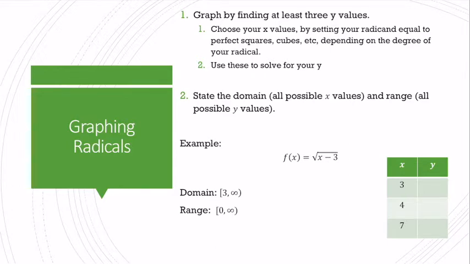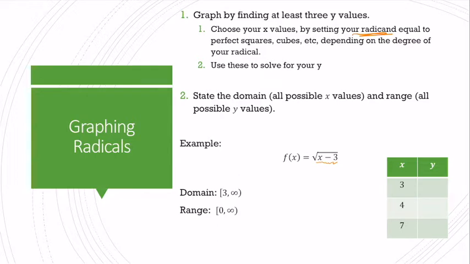So how do I go about graphing radicals? The first thing I want to do is choose my x values. I'm going to find my x values by setting my radicand, that's what's under the radical, equal to perfect squares, cubes, or fourth roots, depending upon the degree of the radical. And I'm going to use these to solve for y. It's going to make my y values really nice, right? Because we're working with radicals, we could possibly get irrational numbers. We could get points that are on the graph, but are a radical and therefore irrational numbers and hard to pinpoint exactly